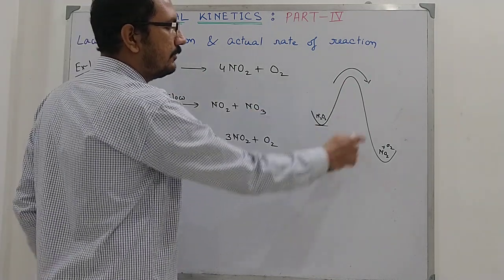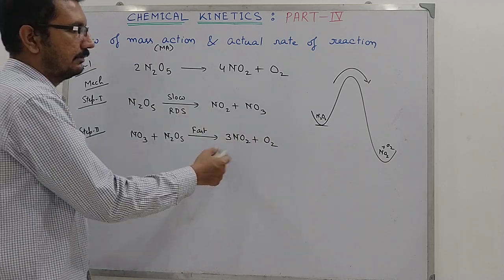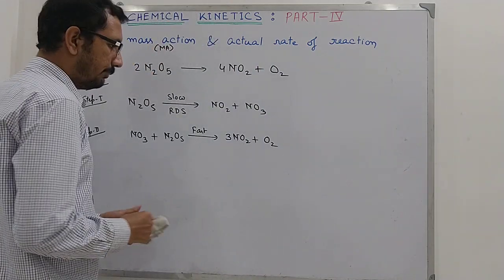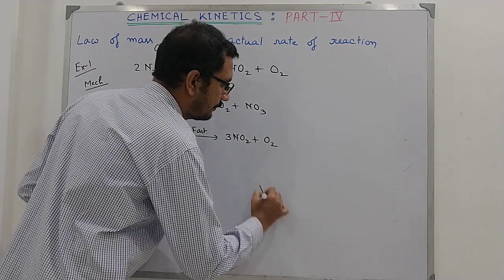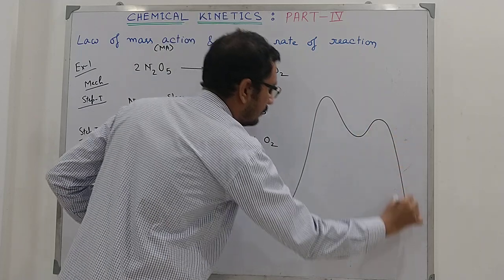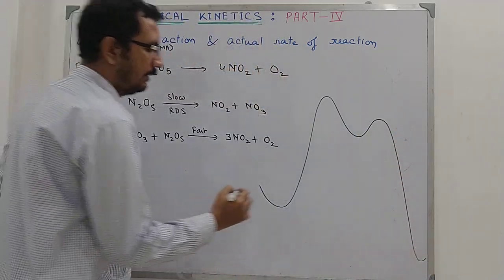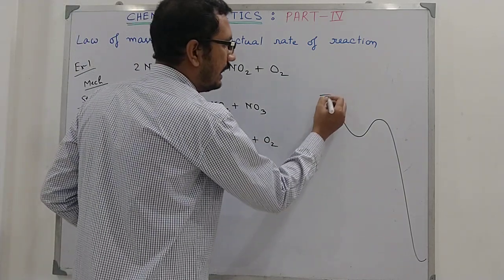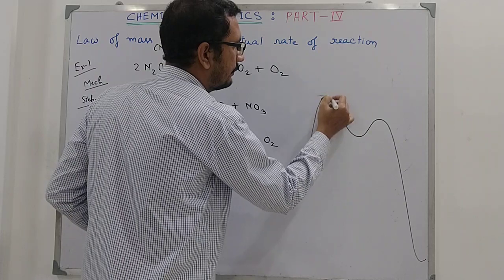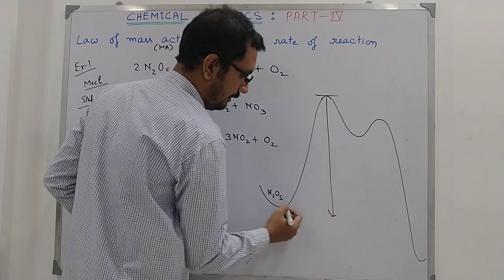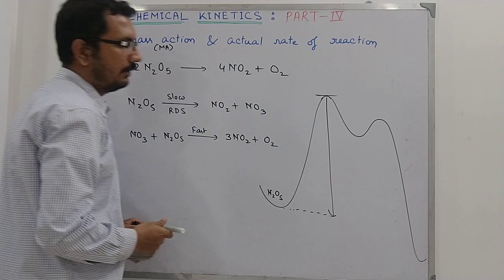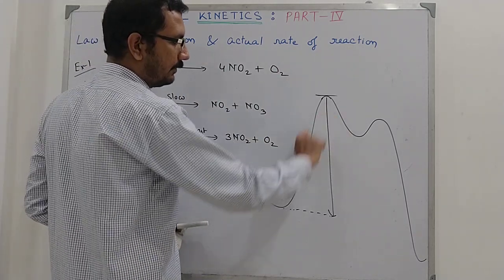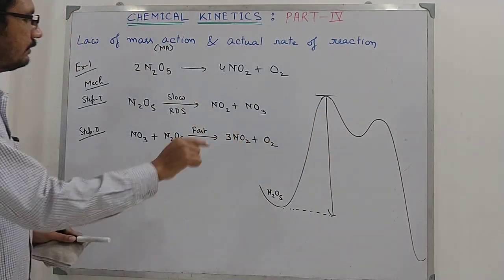Now this energy profile is not the correct profile for this reaction. Since it is a multi-step reaction, we will have an intermediate. So the profile will be like this one. So here we have only 1 N2O5 molecule, and this molecule crosses the maximum barrier. That is, the activation energy for the first step is very high,